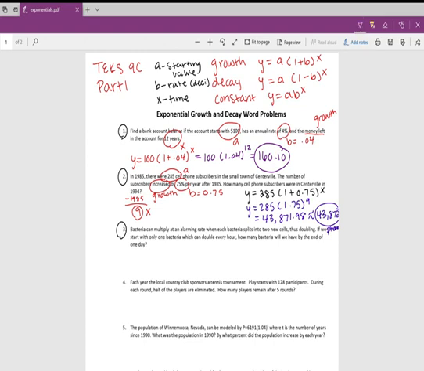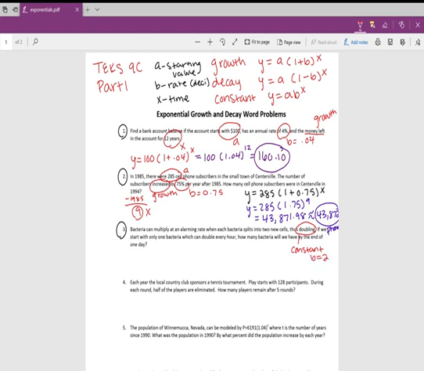Okay, number 3. Number 3 says bacteria can multiply at an alarming rate when each bacteria splits into 2 new cells, thus doubling. If we start with only one bacteria, which can double every hour, how many bacteria will we have by the end of one day? Okay, so we're going to go through this and start labeling. So it says doubling here. This is our first thing, and this doubling tells us it's a constant, and doubling means 2,